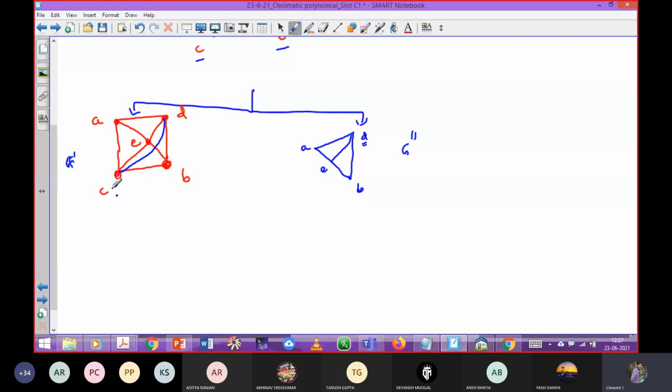C vertex is going to become vertex D. So certainly I should make a connection B to C, that is nothing but B to D. By the same way, A to C is nothing but A to D, because C vertex is merged as a D vertex. So that's why we drew this shape as G double dash. Is it clear? Yes, sir.